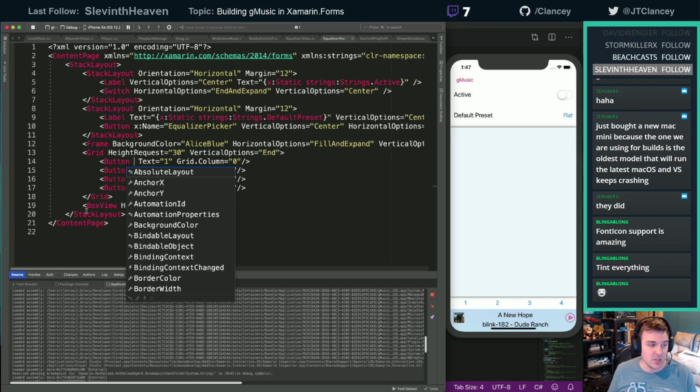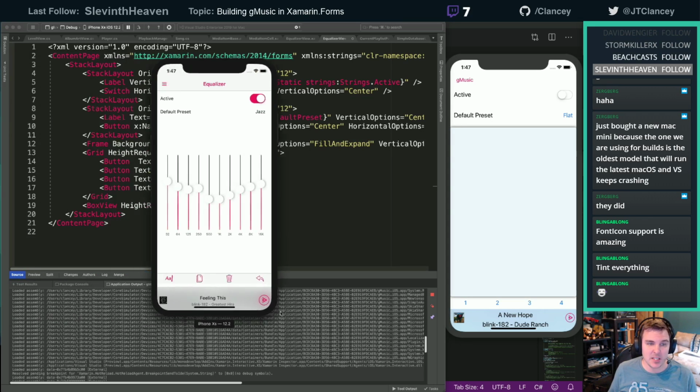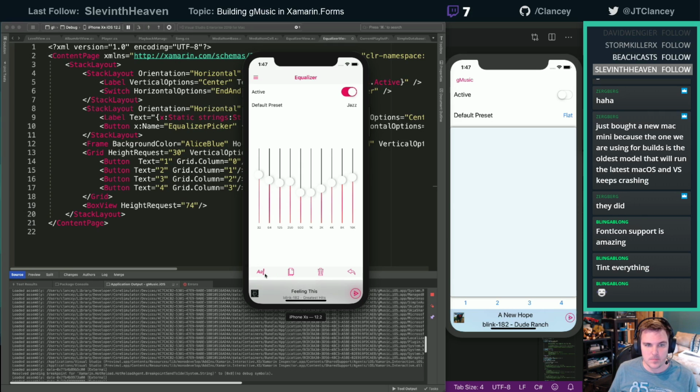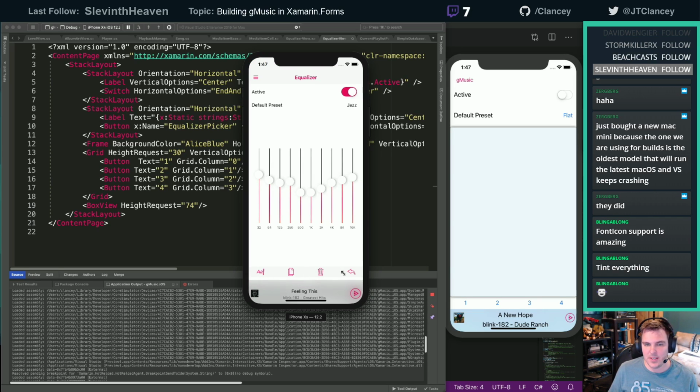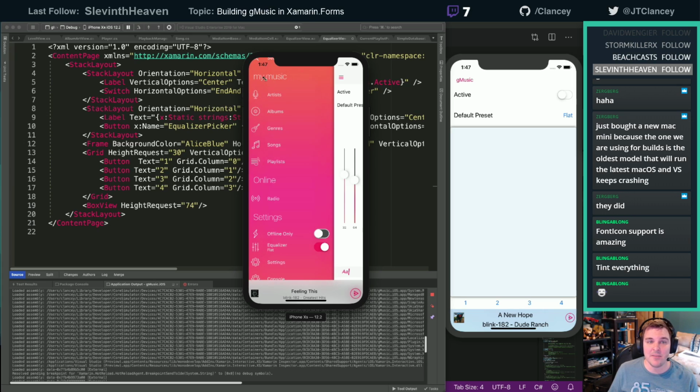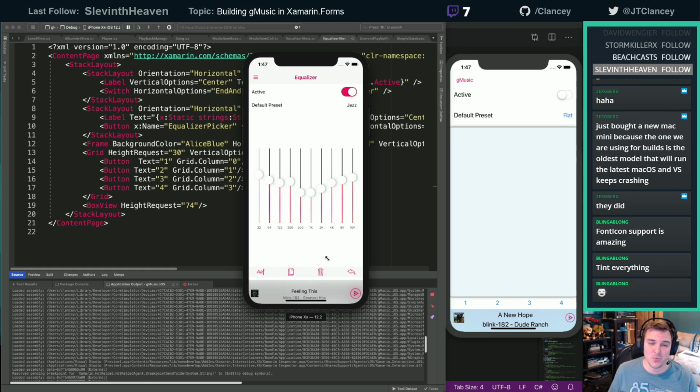So the old gMusic uses SVGs, and I tint the image. So it uses SVGs. And then this was iOS only, and so I was able to tell all the images that they're tintable, because iOS has that built in. I just be able to give the accent color. And so the accent color is actually set at the app level, so I wouldn't have to retint everything. So all of these are tinted, and that's why these have the pink. These I would set at that view level to tint to white, and it just took care of everything from there, which is a really neat feature. I liked the tint feature a lot.